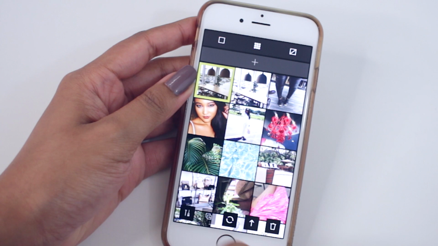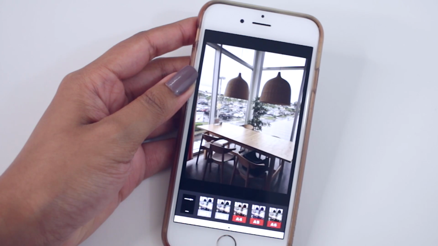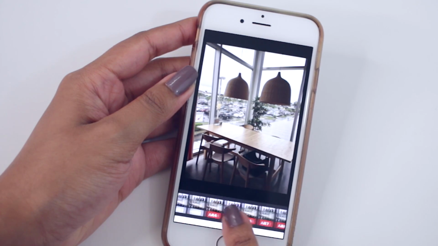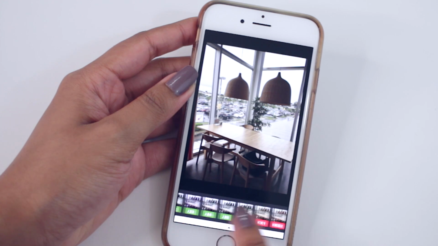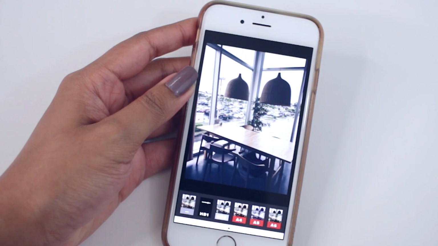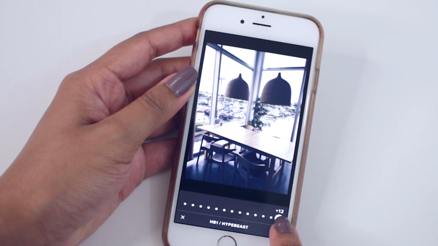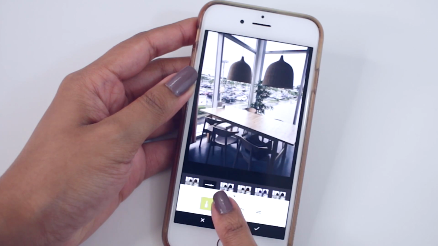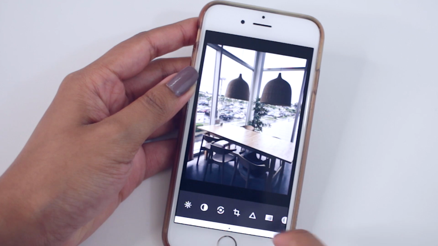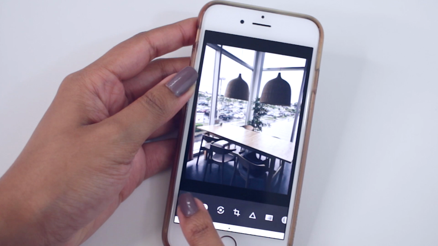So I went to IKEA the other day, and I love using VSCO Cam. I paid for this app, and I paid for a lot of the filters from this app, and it just has a bunch of features. My 2 favorites are the Hypebeast filters because they're more cool toned and blue toned, and I feel like it just creates a beautiful picture. I like my photos to look very editorial, but still very realistic and something that anyone can do. So even though I use filters and I mess with tools on the image, I still want it to look like I took it from my iPhone, which I did.